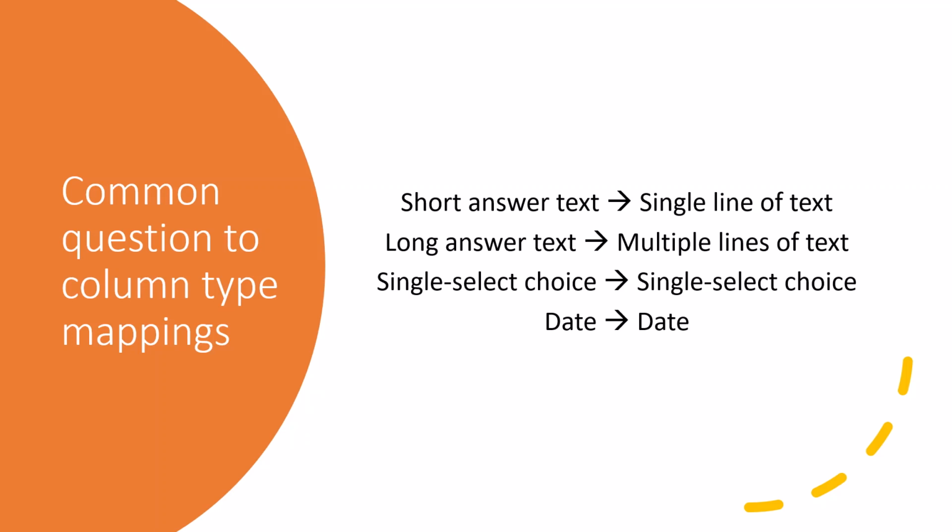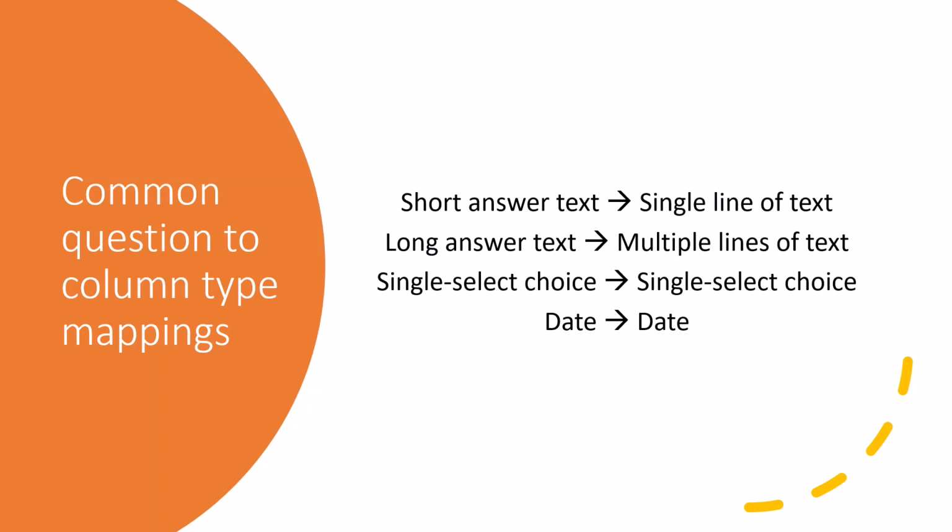Now technically there is a limit to that multiple lines of text column that is not there in the long answer text. So if you do have people who are going to be putting in very lengthy amounts of text in that long answer text, you'll probably want to rethink whether you even want to include that or how you go about including it, because my general suggestion is encourage people to not enter huge amounts of text. Even in the long answer text question or text response area, it's not a place to put 10 or 12 paragraphs worth of text. But single select choice, there's a choice column that by default only allows a single selection,